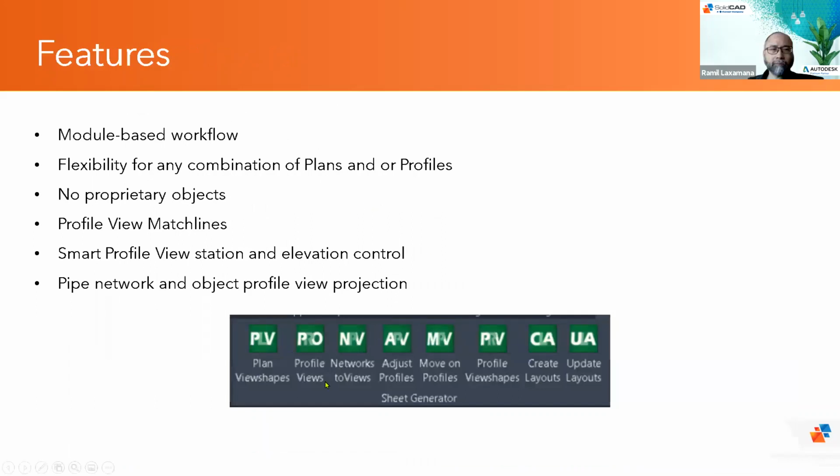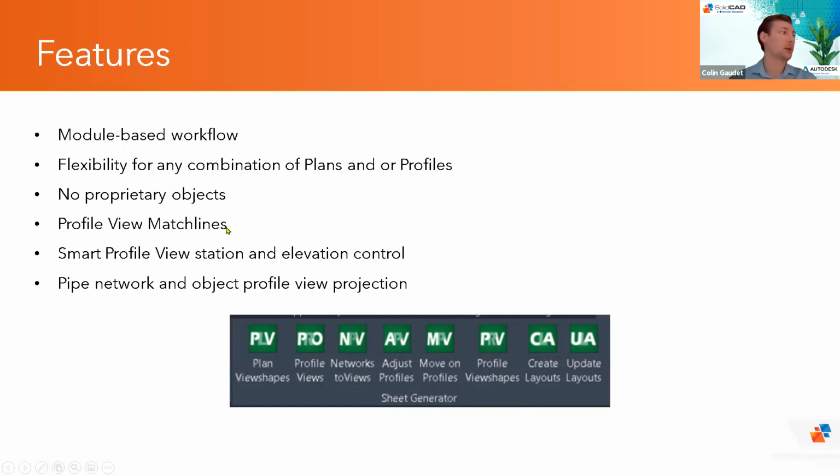So the way this workflow works with Sheet Generator, we're looking at a module-based workflow. What we've done is actually split it up into a half dozen or so commands that you're going to be able to jump in and out at any point in the process to get exactly what you're looking for. And it offers so much more flexibility than having everything in one giant wizard the way they do in the native